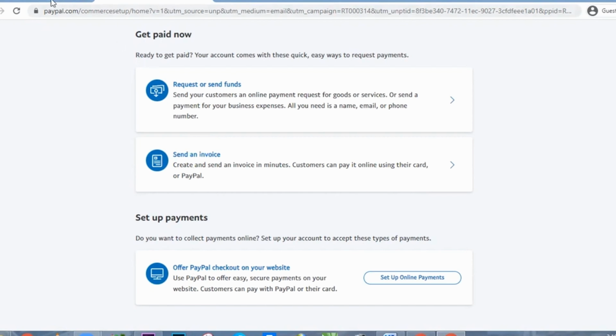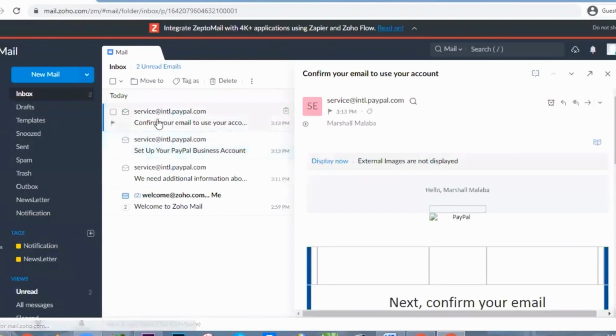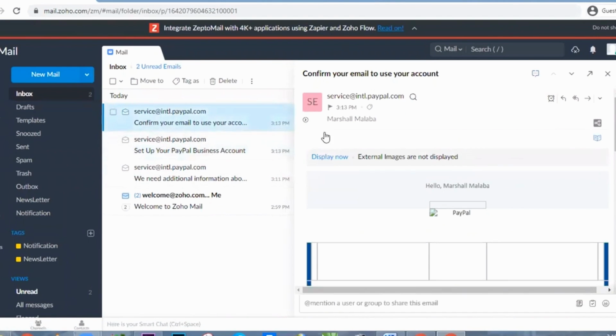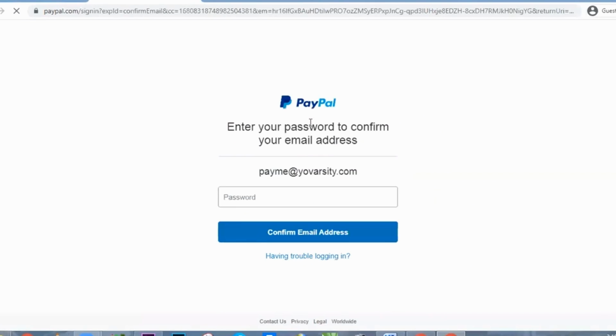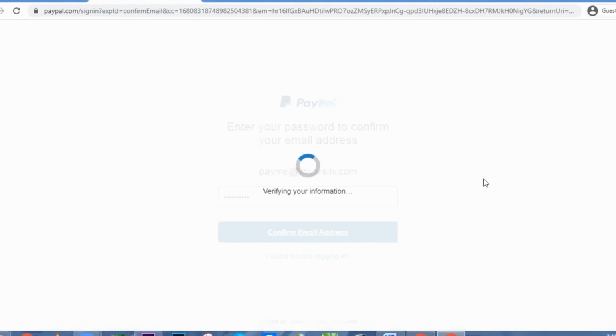So let's just leave this one for now and come to this last one here, where it says confirm your email address. I just click here where it says confirm your email. And then it's going to bring me here. It's going to ask me to enter my password again and then confirm email address. And once I've done that, I'm just going to